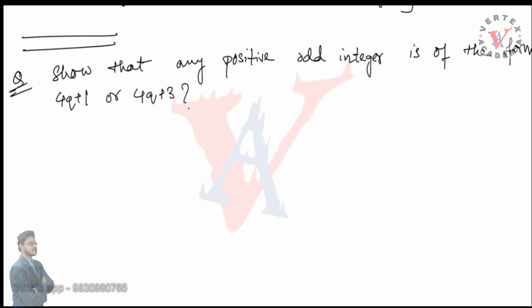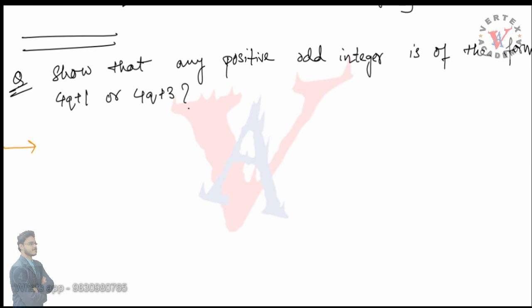Now this can be termed as a generalization question. So in these questions basically we have been asked about numbers which are in general. Since we are given q, here the question is written q, we may be given a, b, c, anything. So it is 4q plus 1 or 4q plus 3. So these are generalized numbers. We can put q equals to 1, q equals to 2, q equals to 3, q equals to 4. We can put anything. This is a generalized form.